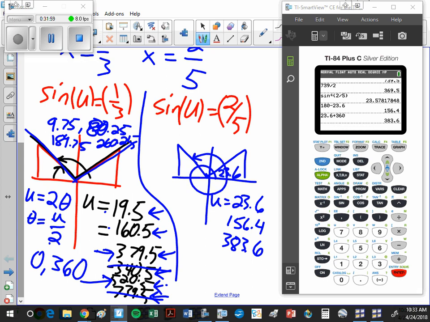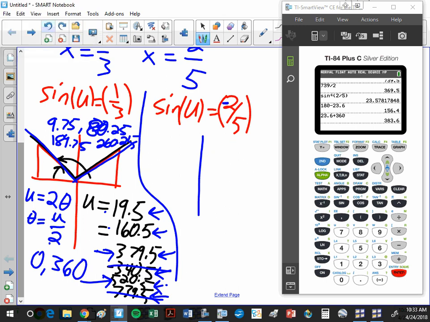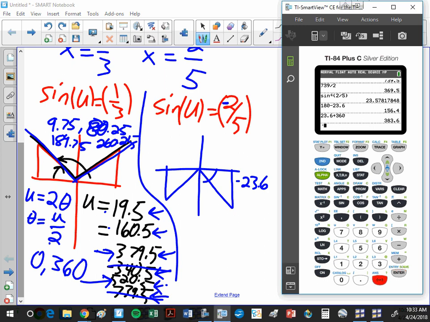Oh, it's negative 2/5? I'm sorry. So negative 2/5. So that should be quadrants 3 and 4. Now, I can still use the 23.6. It's just negative. So this angle is negative 23.6. What else would work? Negative 23.6 plus 360